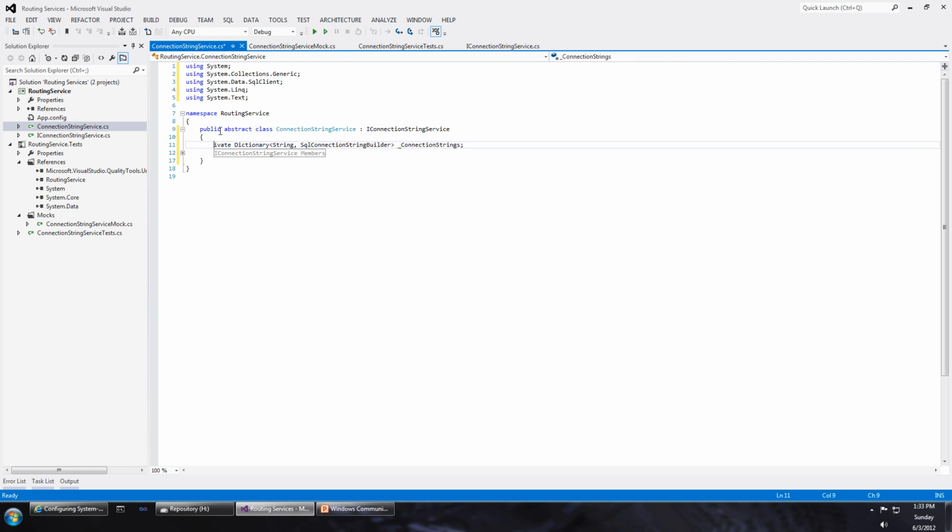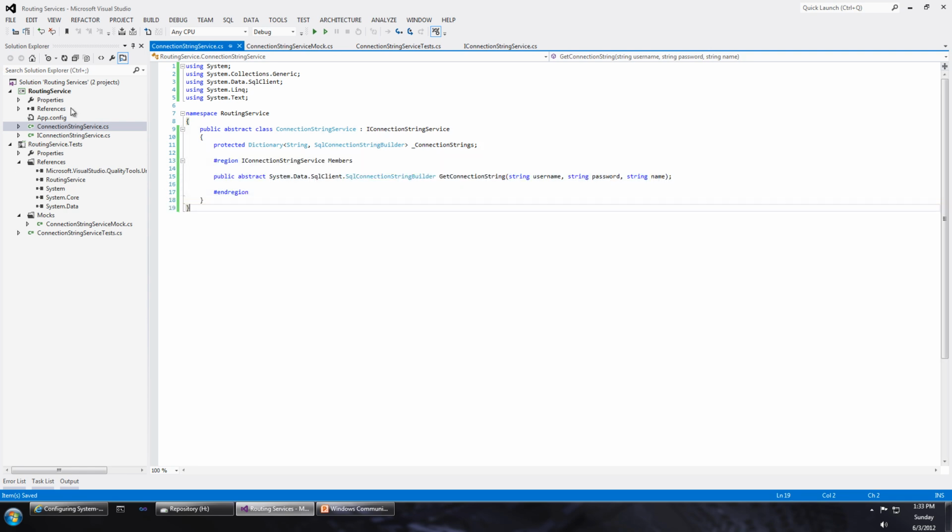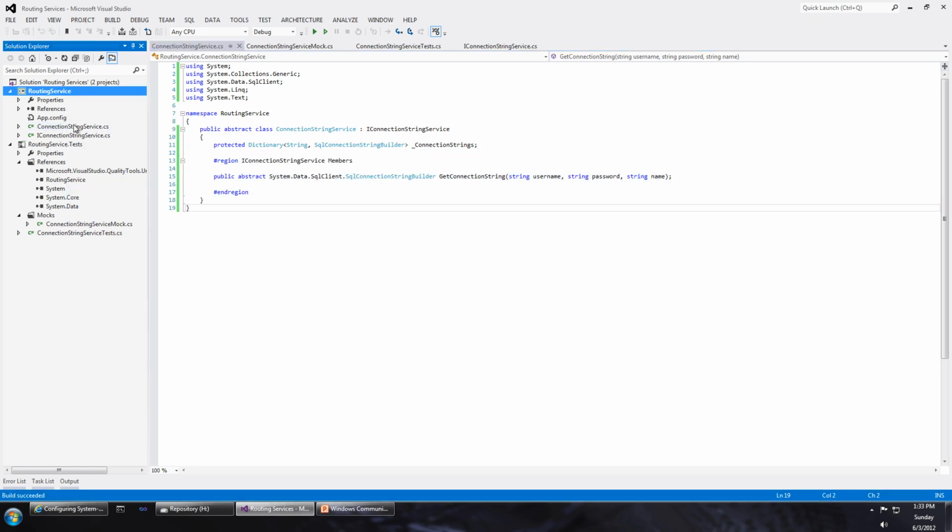Okay, and this will actually need to be protected. So anything implementing the abstract class has access to the private dictionary. Make sure our library compiles, and it does. So what we're doing here is we're actually